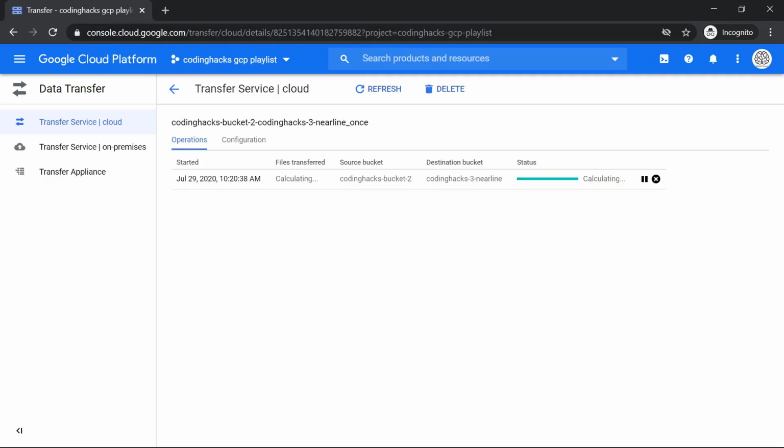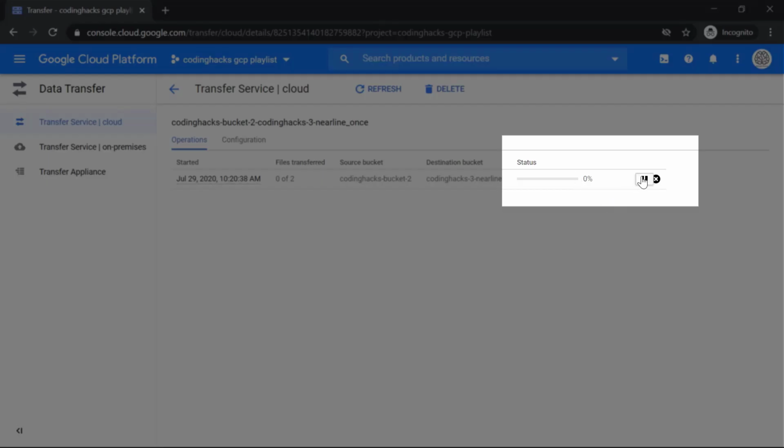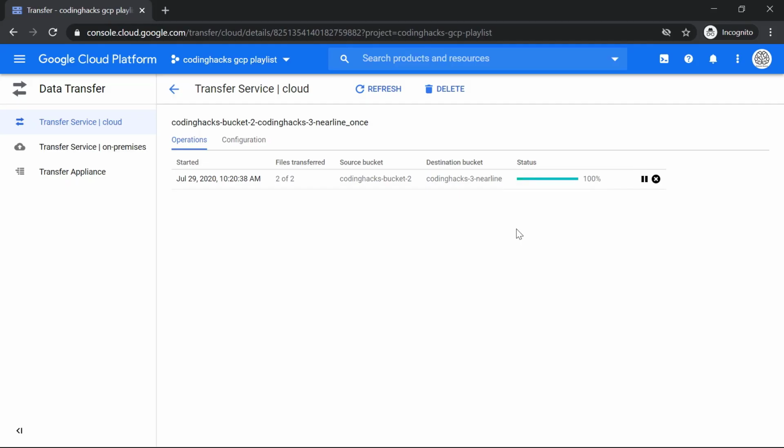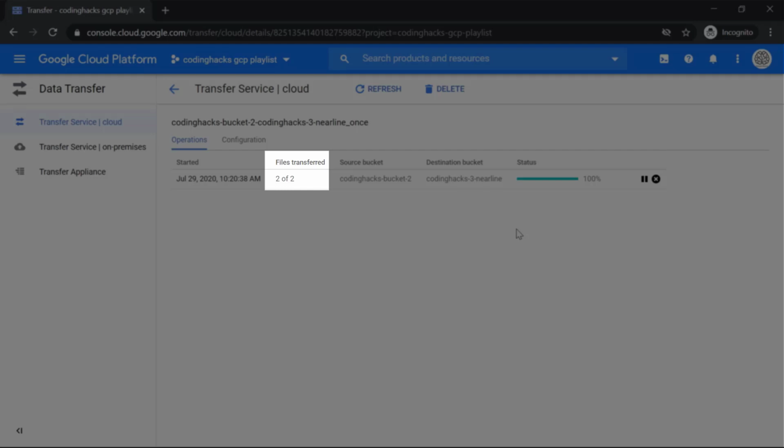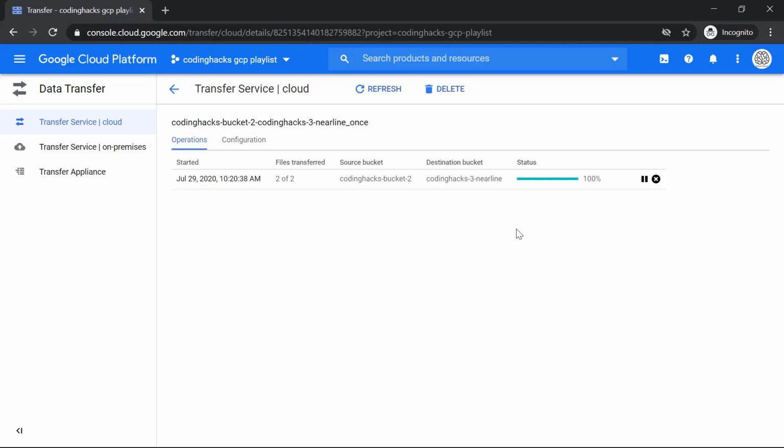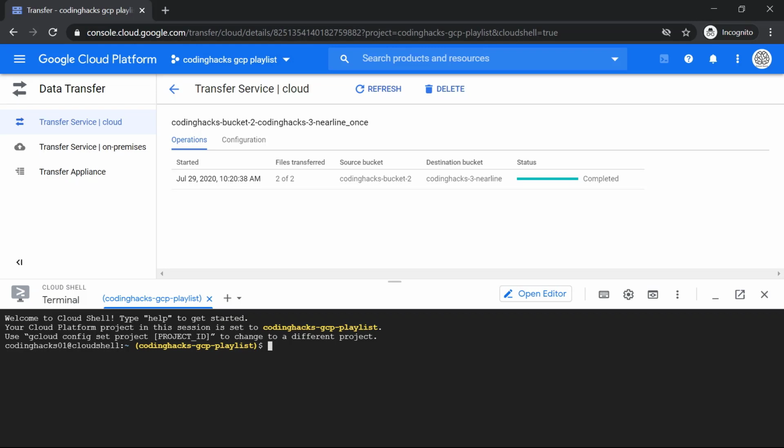Now this operation will pick up your source files and put them into destination bucket. The source objects will be deleted once the transfer is complete. As the transfer progresses, you can choose to pause it or even cancel it completely using these buttons on the screen. The file transfer column will show you the current status of your transfer. We can use gsutil to verify that our destination bucket now has all the files that we expected to. So let me write down the command.